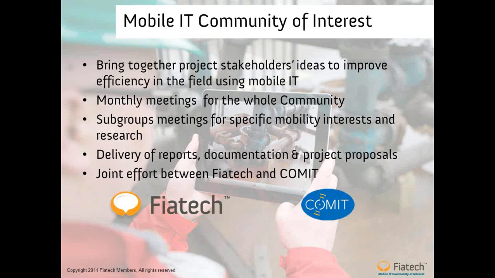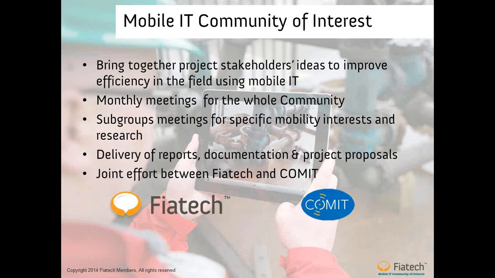The deliverables from the community developed by the subgroups would include reports, pilot tests or use cases of the work being carried out. These can give insight into the benefits, challenges and costs involved in the use of new technologies and applications. Furthermore, the work inside the community can become Fiatech-wide projects through formal project proposals. This would increase the scale of a given project and involve all Fiatech membership.